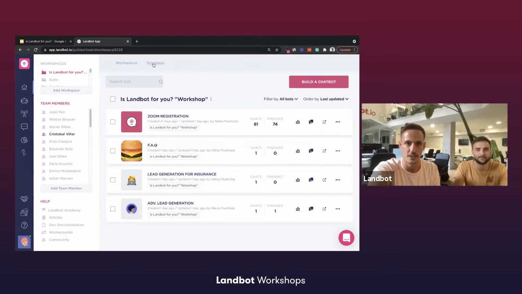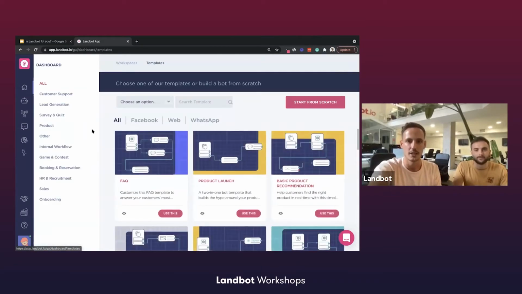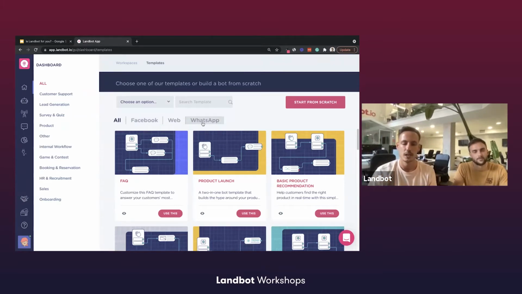have, you just got to click here on top. You see templates right next to workspaces. So if you click here, you'll see two different types of filters. So here on the left, you got filters by use case and industry. And here on top, you got filters by channel. So we know that some of you are super interested in Facebook, WhatsApp, or other channels. We'll be mainly focusing on the web here. But if you got any questions about other channels, just feel free to drop a question and we'll be happy